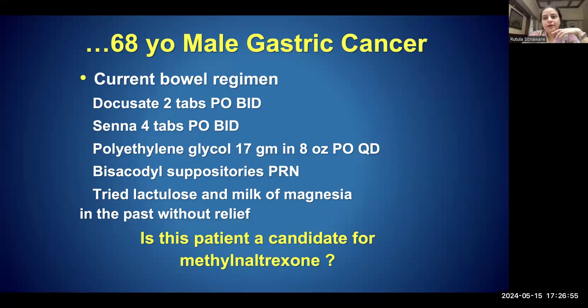Do you feel peripheral antagonist would help here? How would you manage the constipation here? Because you're giving almost everything. You're giving bulk forming, you're giving